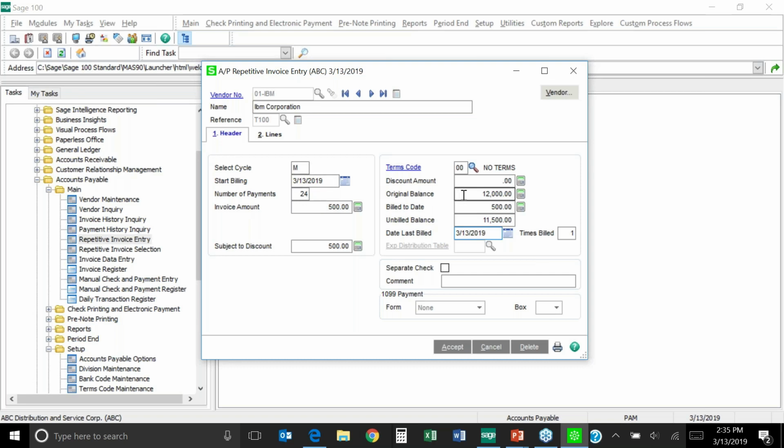The original balance versus the billed to date and unbilled, that's just there for your purposes. That doesn't do anything to stop the invoice from being generated. It is literally this times billed field. So that kind of walks you through how to do a repetitive invoice